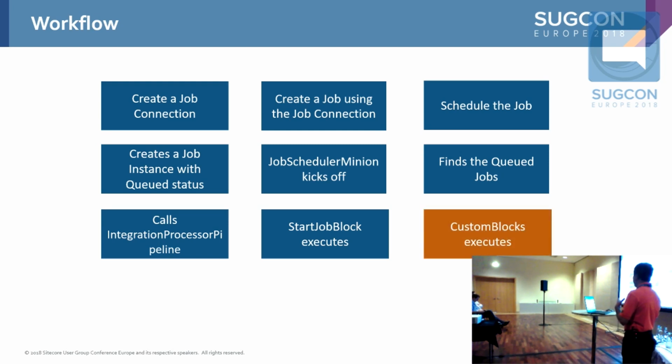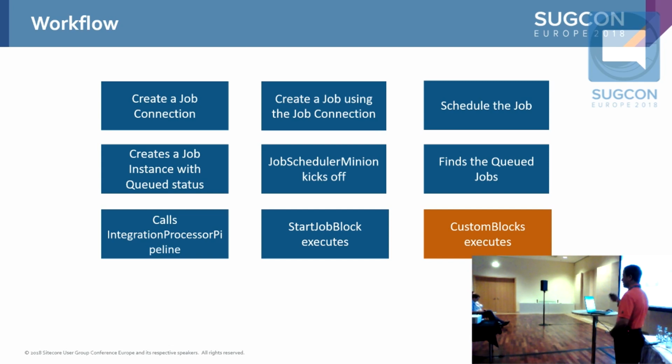This is the one that the consumer of the framework will write. The custom blocks get all the job information from the start job block, look at the connection string or whatever is in the job connection or information in the job, and execute, and that loads the data or